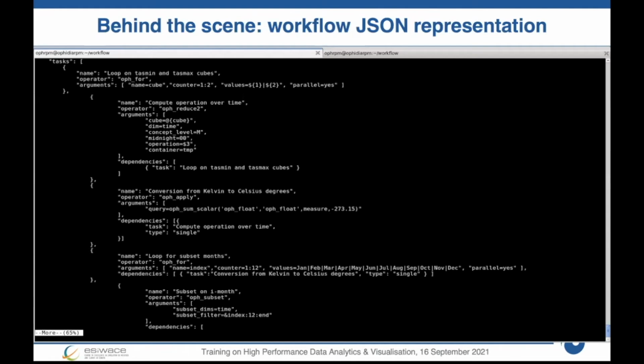Here we can see how a workflow in a JSON schema looks. This is a snippet of a video workflow in this JSON format. There are different tasks which are defined by these blocks in these parentheses. For each one, we can define the name of the task, which will be used for the dependencies, the operator name, for example, we saw this also in the previous sessions, and then the list of arguments for that